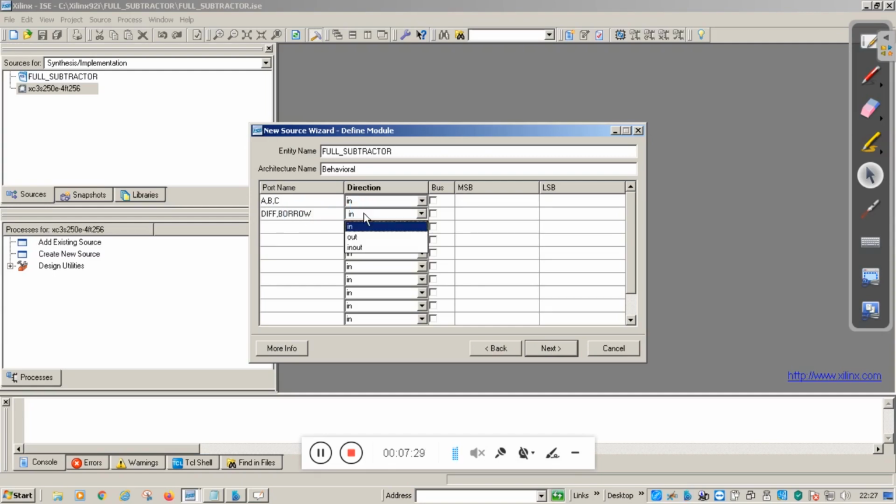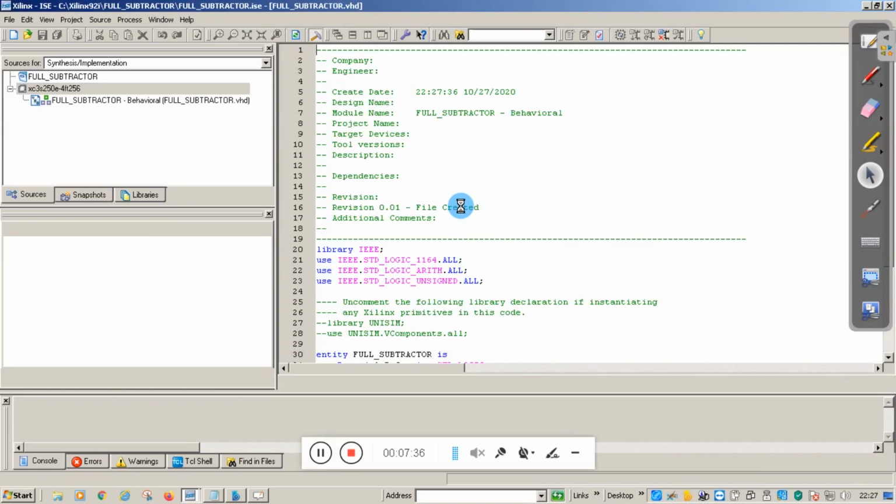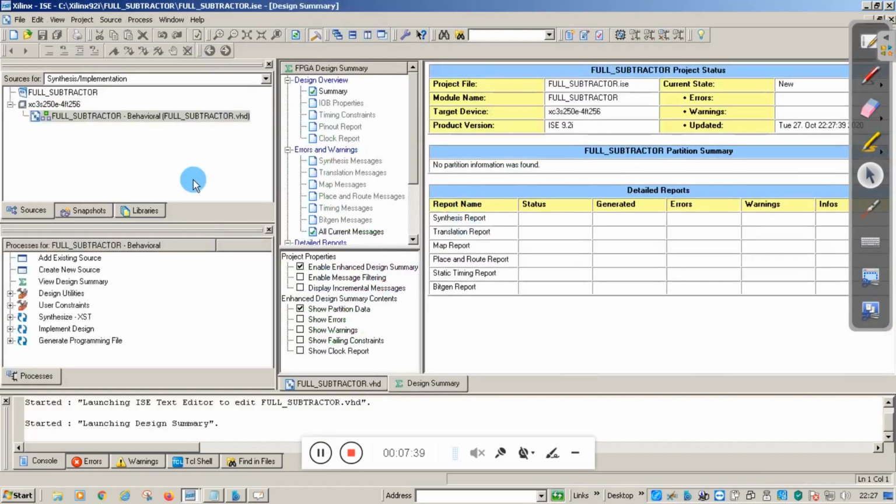This is output. Click on the output mode and click on next button. On doing so, you will see the code window. Here the entity has been created for our FPGA package, this one chip.